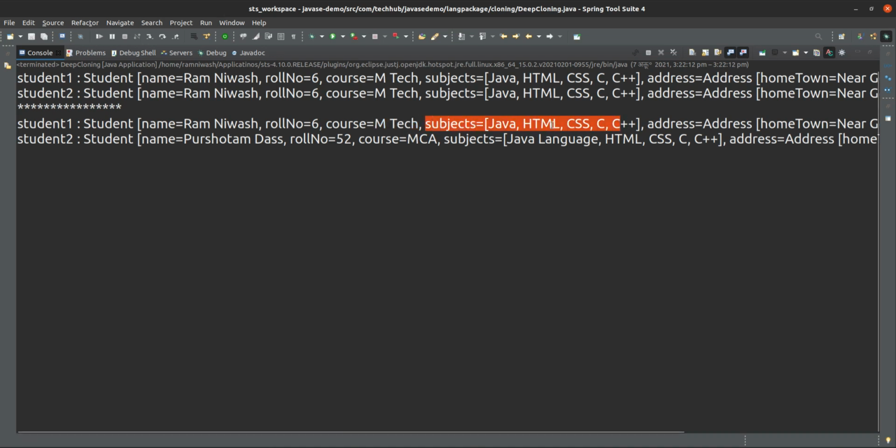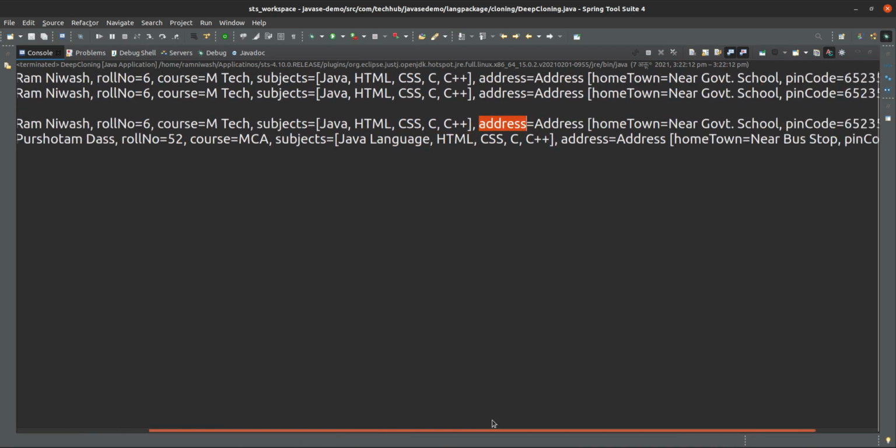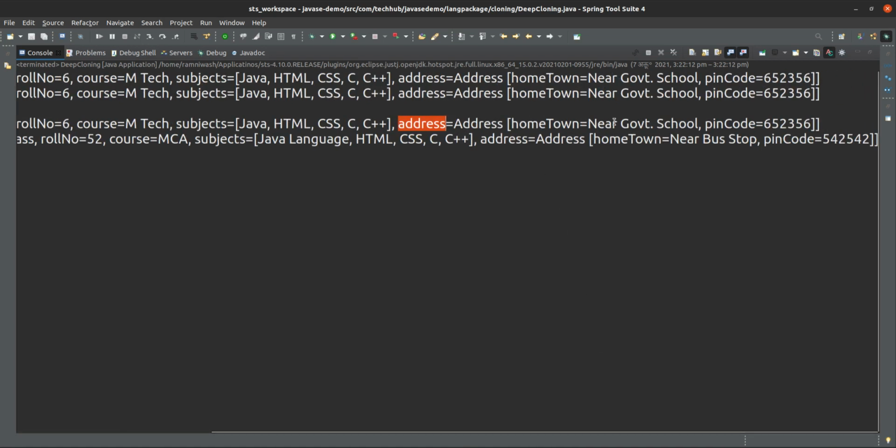Subjects are Java, HTML, C++ and C, but for student2 I am changing the first one only, from Java to Java language. The remaining ones I am not changing, but the first one is changing here. If you see the address also, inside address this is hometown near government school, pin 55, but for student2 the address is hometown near bus stop with a different pin code, because I am changing that also.